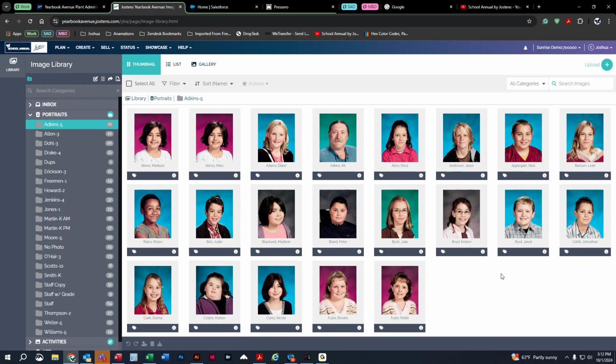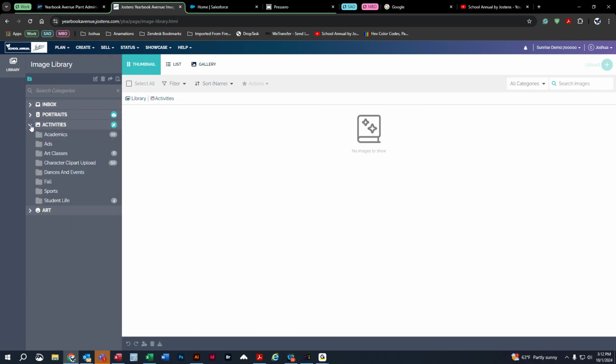Right. So now we're going to talk about tagging students. When talking about tagging, we're also going to talk about no photos as well, so I'm going to do two birds, one stone here. If you have a student that doesn't have a photo or came in late or didn't have their picture taken, or it's crunch time and a new student shows up and you need to put a photo in there for them somehow,